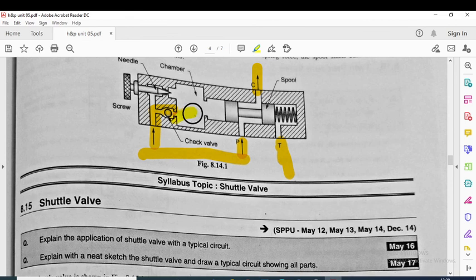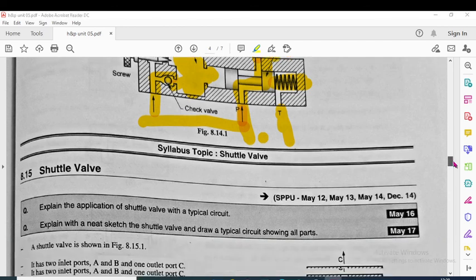check valve, and then the air enters this area. When the pressure in this area increases, it pushes the piston or shifts the spool, which opens port P, and air from port P passes to the cylinder port C. When the pressure decreases, the spool again closes the cylinder port C with the action of the spring force. So this is the time delay valve. We use it to make a delay between two strokes.